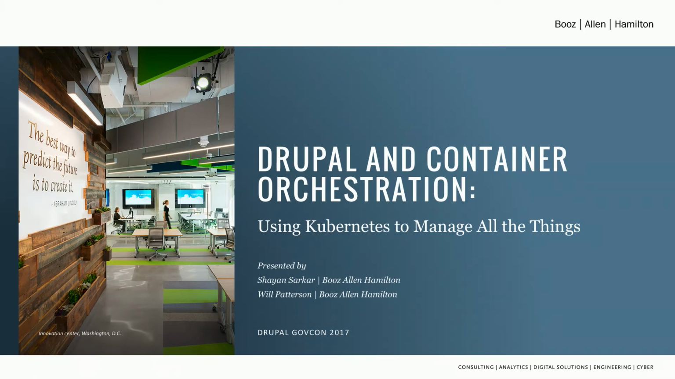All right, my name is John Starkar. I'm a solutions architect at Booz Allen. This is Will Patterson, Drupal developer at Booz Allen. So we're here to talk a little bit about Drupal and container orchestration and all of that stuff. Like, what does it mean? Why do we care about it? They talked about it for a long time at the keynote today, so we just want to keep on building off